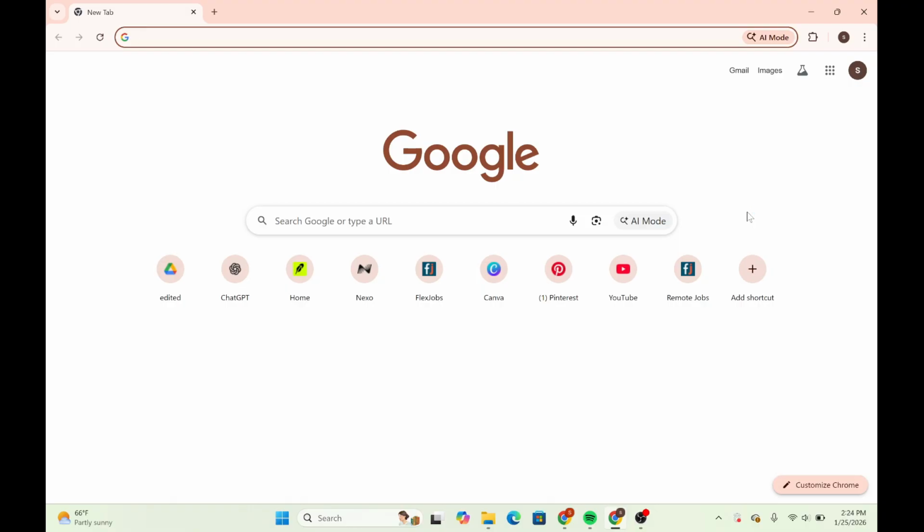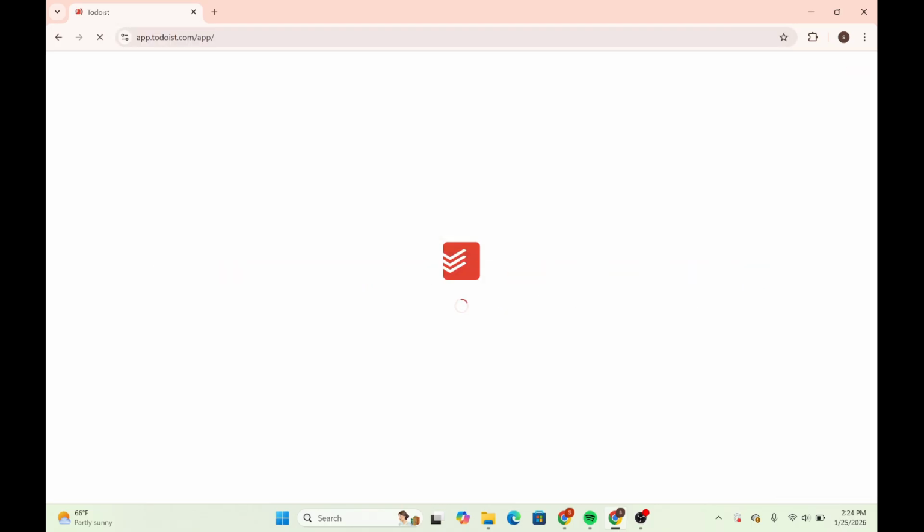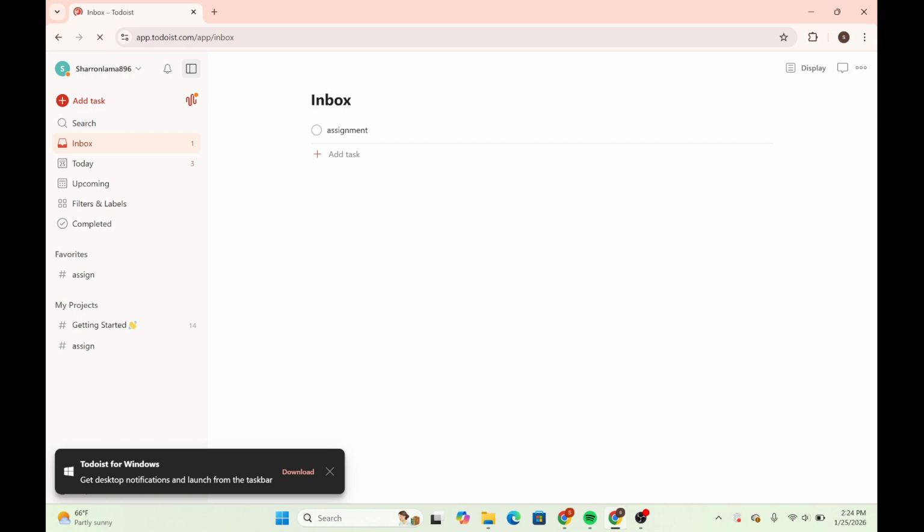So first, you need to open any web browser, and after that, at the top you can see the search bar. Type in todoist.com and press enter. Once you reach this interface, make sure to log into your Todoist account if you have not already. So over here, to create a recurring task, you can click on add task